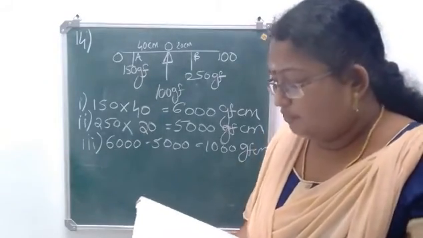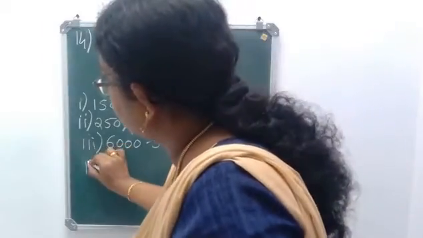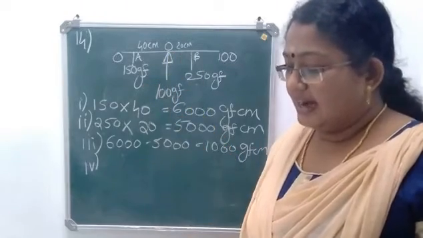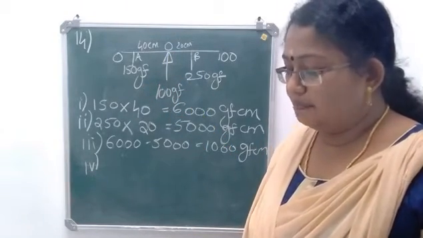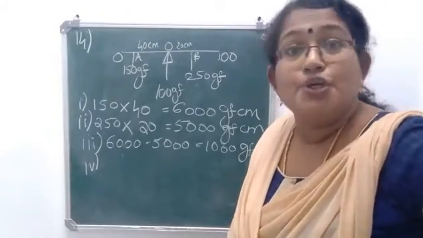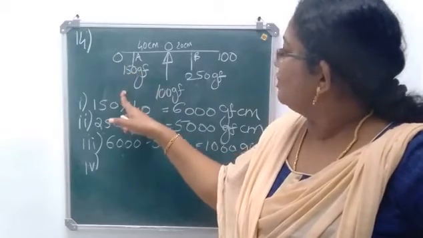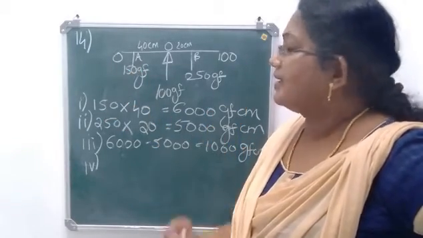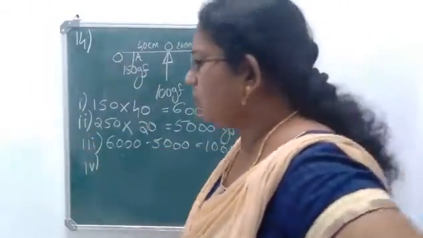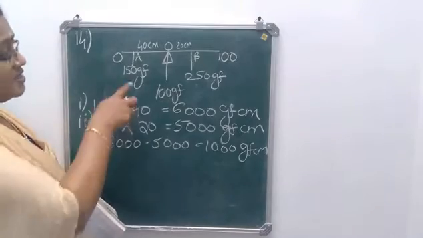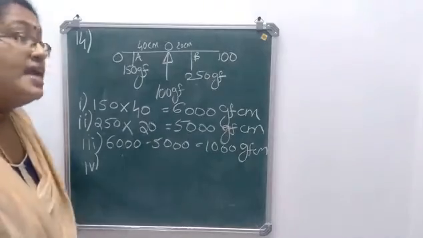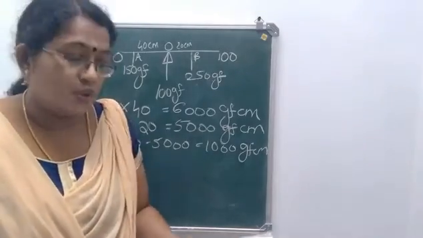Now, question number 4 is the distance from O, where 100 gram force weight should be placed to balance the meter rule. Now is the rule balanced? No, because anti-clockwise moment is 6000 and on the right hand side it is 5000. So it is tilted downwards in this side, isn't it? Because here the moment is 6000 gram force centimeter. Here it is 5000.